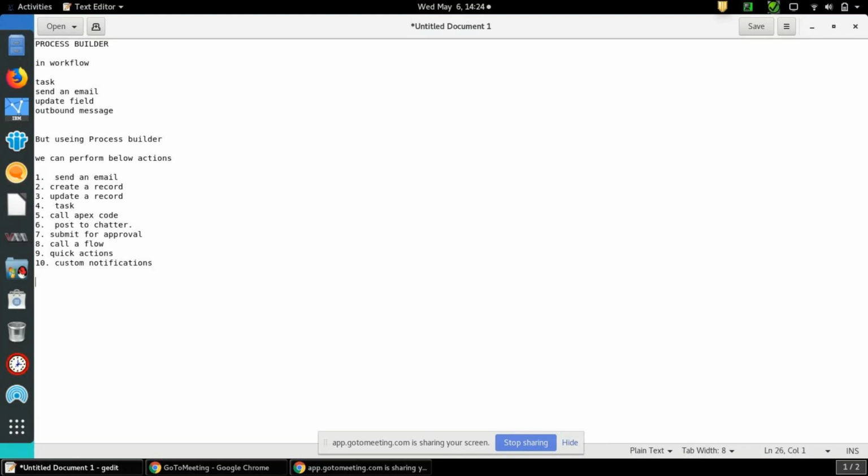Okay. In this session, we'll see one scenario with three actions we perform. In workflow, we have seen sending an email, assigning a task, and updating a field, right? So here, I am taking the object as the Campaign object.